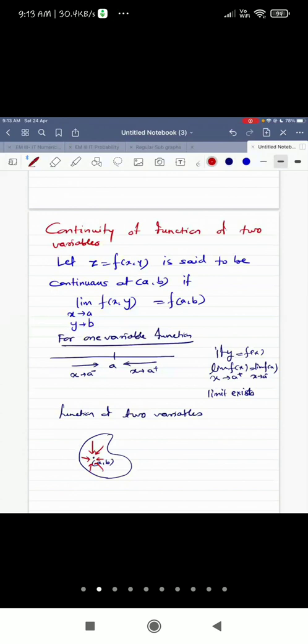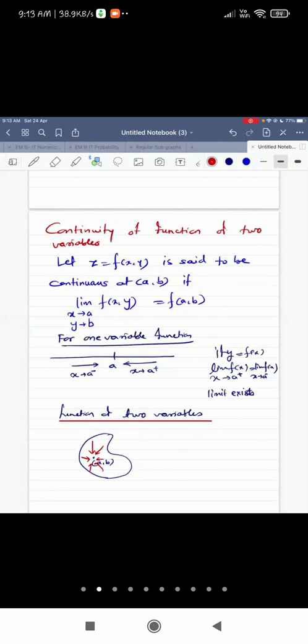Now this is again a separate theory. The BSc students learn this theory in detail because science people learn the concepts in detail, and what engineering students do is apply the concept to solve their problems. So now we'll consider this concept as it is. We'll not go in depth into how to find the limit, when it is equal for all directions, and how to get it for all directions.